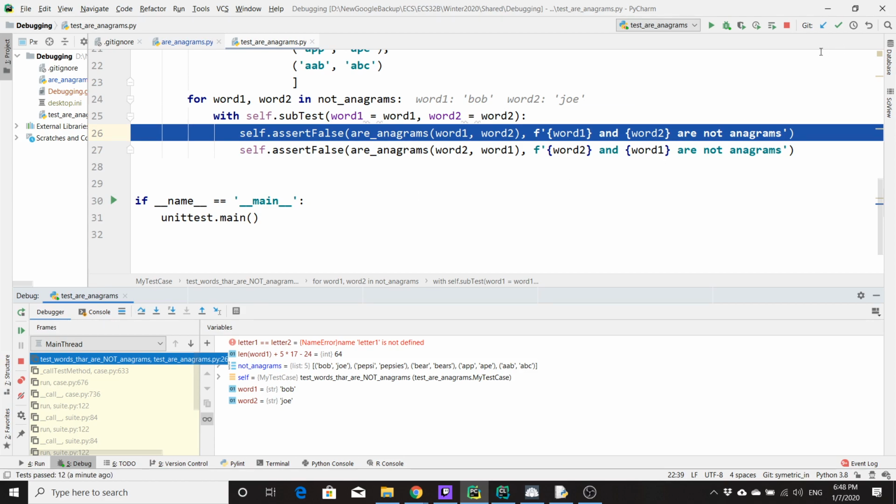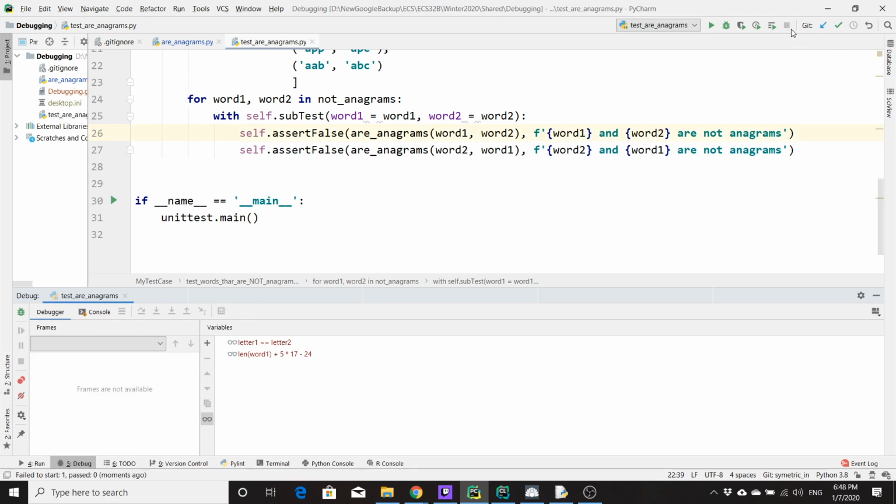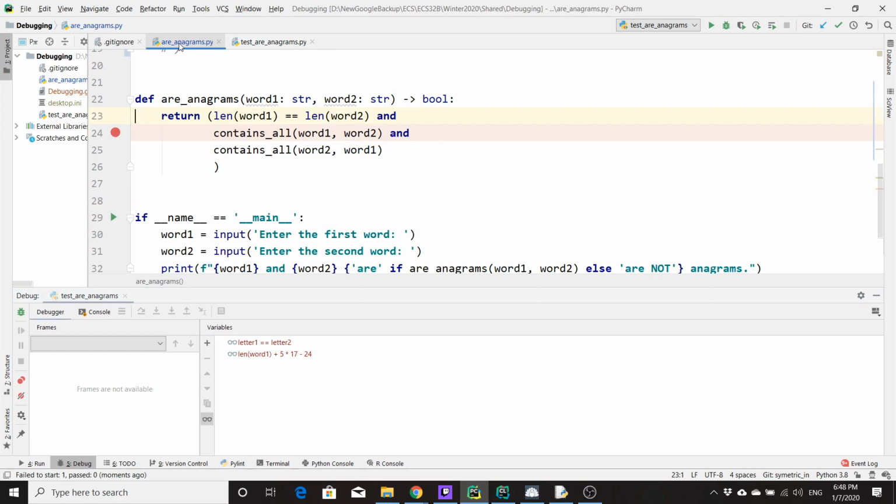So our code passes all the test cases. Is it correct? Yes, it is correct. No, it's still wrong. For those of you that say yes, it's correct, why do you say it's correct? All the test cases pass, right? But does that guarantee that your code is actually right? No. For those of you that say no,